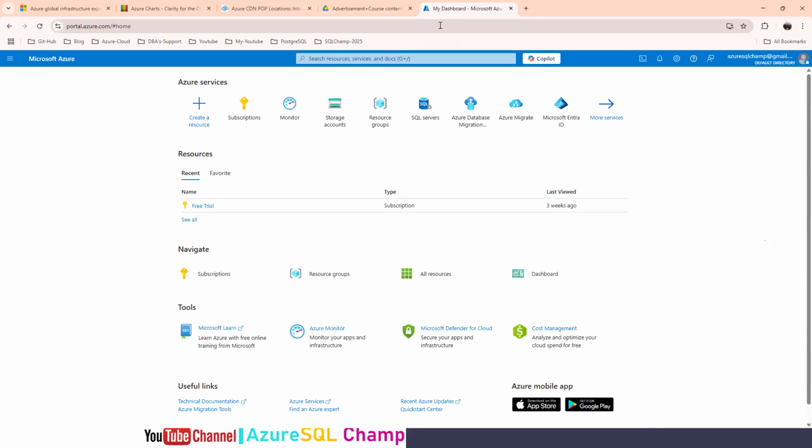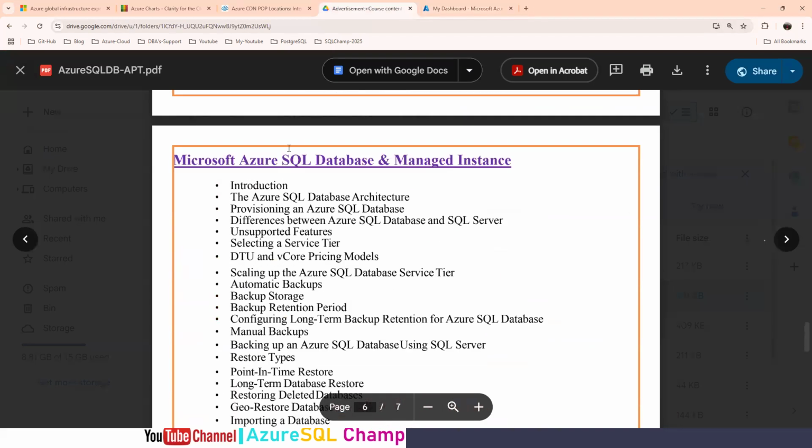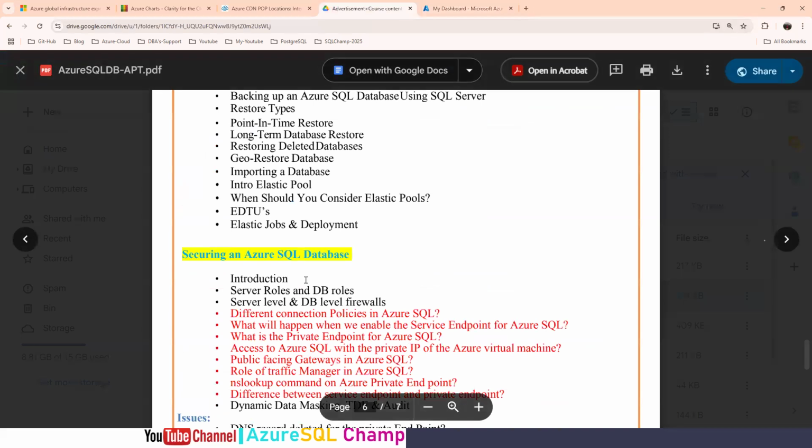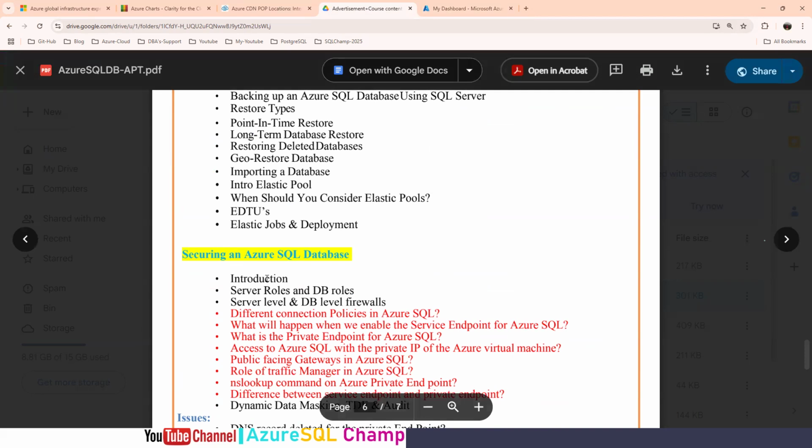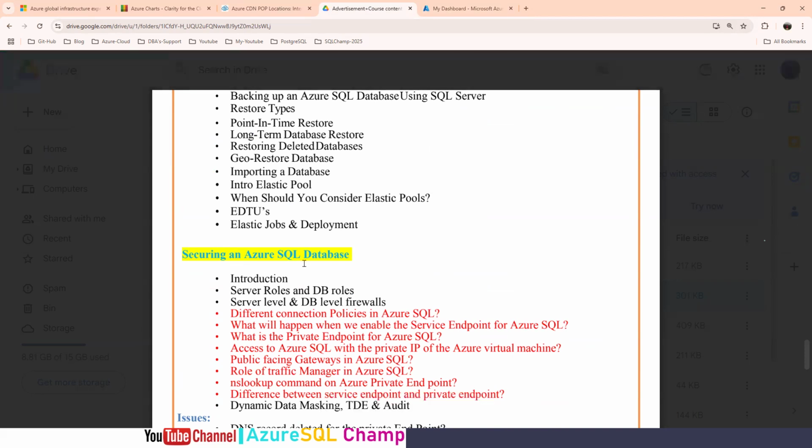One VM I will allow the internet connection, and where we block the internet connection, how you can access the Azure services, that we will talk about in terms of networking, because especially when you go for Azure SQL database, you won't face many challenges. The only challenge is connectivity. Much more challenge you will face in the connectivity. So we'll talk more on the connectivity part: blocking the internet connection, allowing the internet connection.